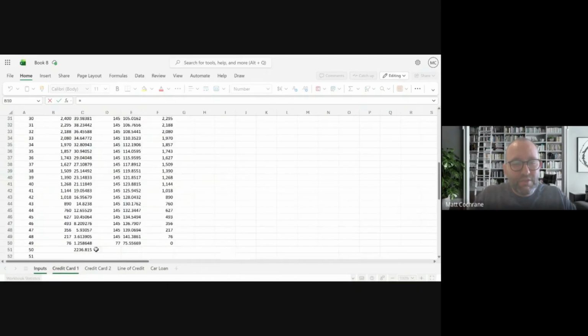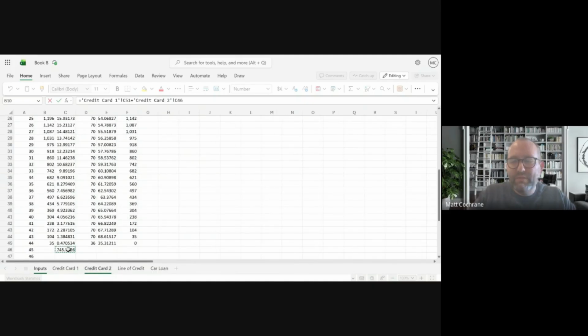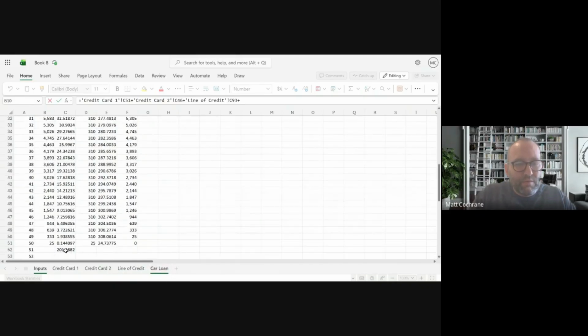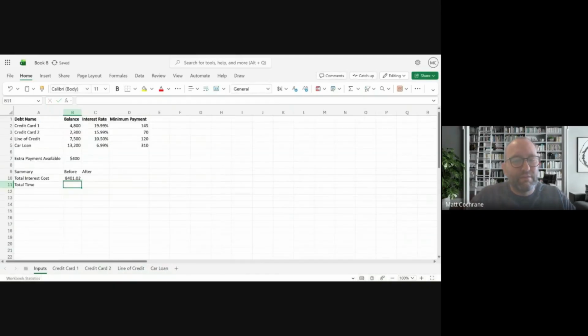We have our first one, which is this value, plus the second one, which is this value, plus the third one, which is this value, plus the fourth one, which is this value. Enter. Okay, so we get $8,401.02. I'm not concerned with the 2 cents. So I'm just going to type in manually, now that I've done that calculation,